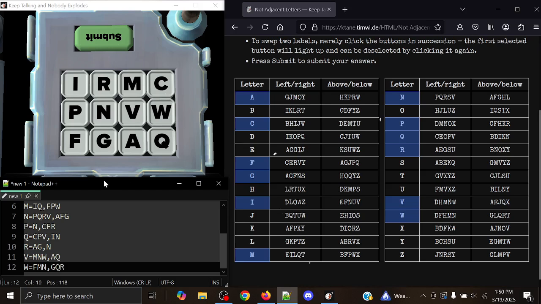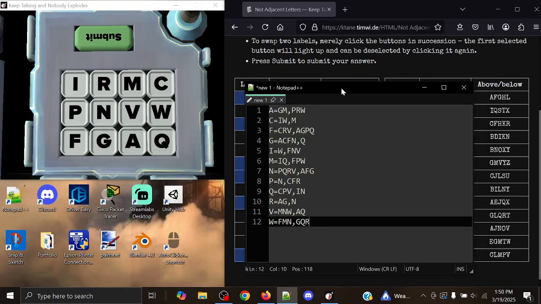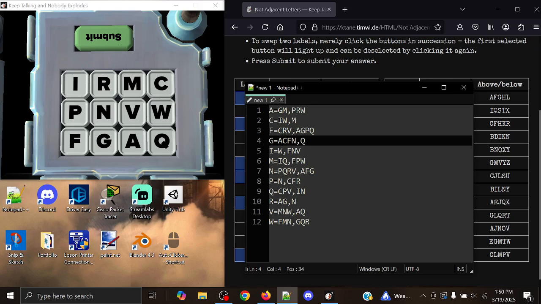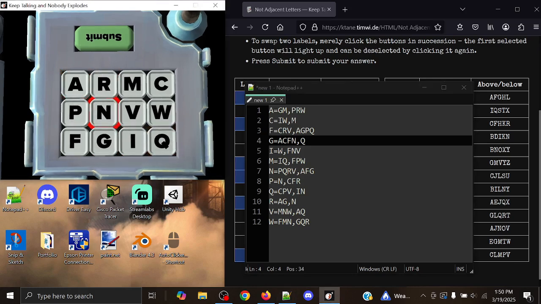Okay, so a lot of options to work with here. But what I generally speaking like to do is I like to find a case where both of them are reliant upon each other, or they can self-serve each other effectively. So in this case, I think a perfect example here is the Alpha and the Golf. If they're both left and right, therefore they can both self-sustain each other. So maybe we can start here by placing the Alpha Golf, and we don't have to worry about any other